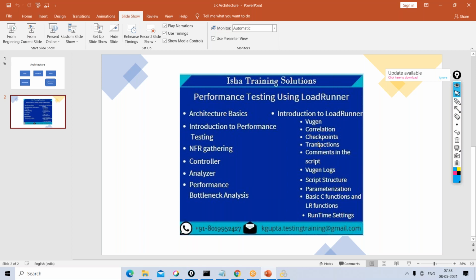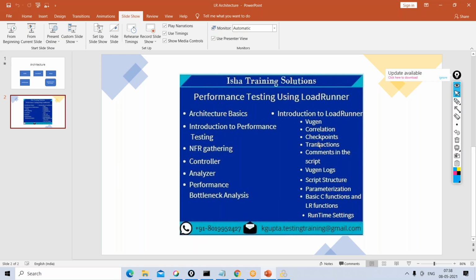Along with this, we will learn something called performance engineering concepts as well, a little bit of them: if we run the scripts, there will be servers where these scripts will run, so how the servers are behaving, what the different metrics are that we have to see while the execution is going on, and how to monitor those servers.